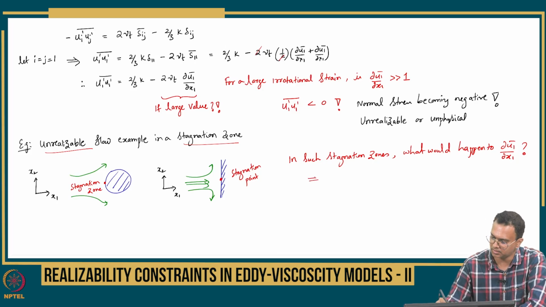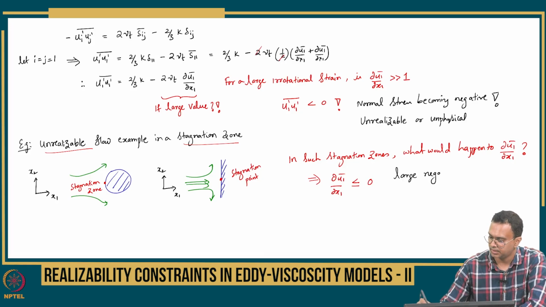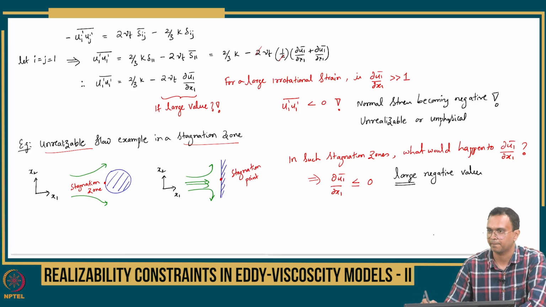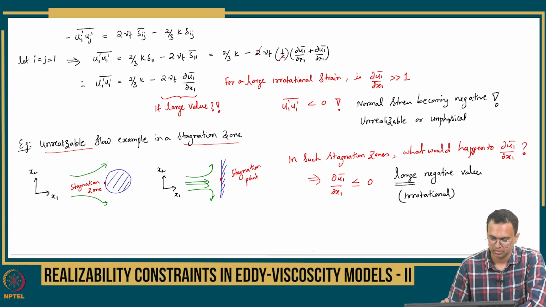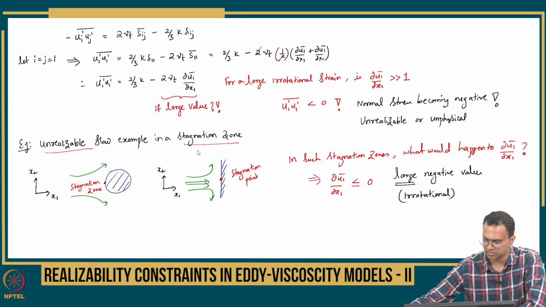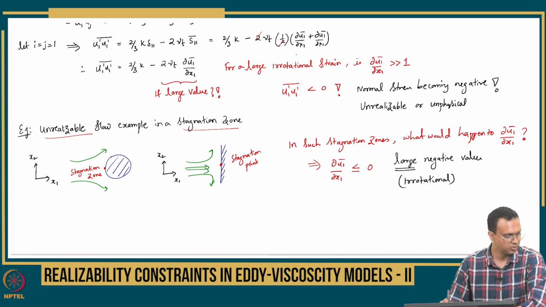So ∂u1 bar by ∂x1 here is a large negative value, irrotational again. So if I have this very negative ∂u1 bar by ∂x1,